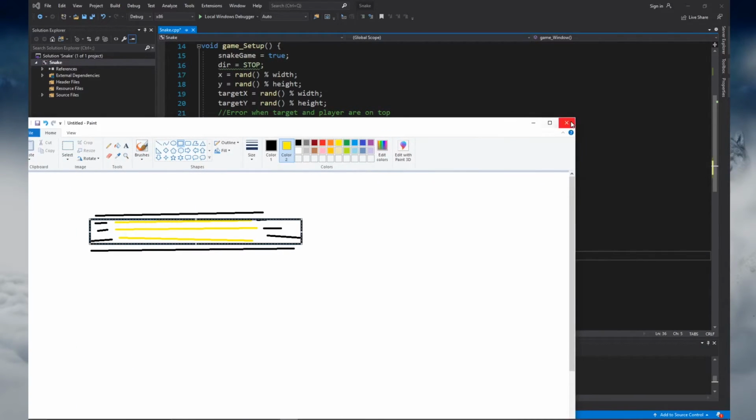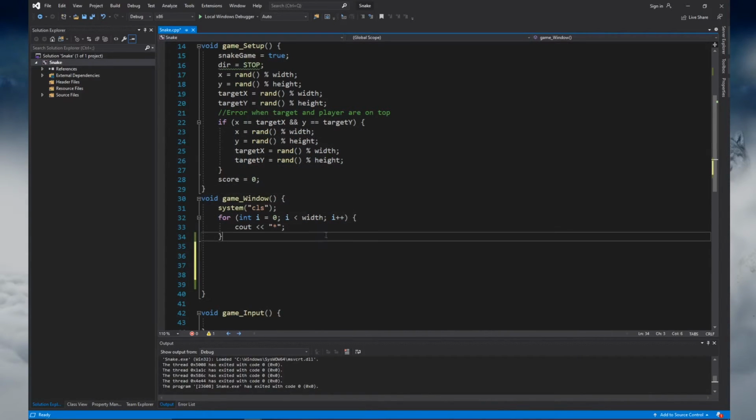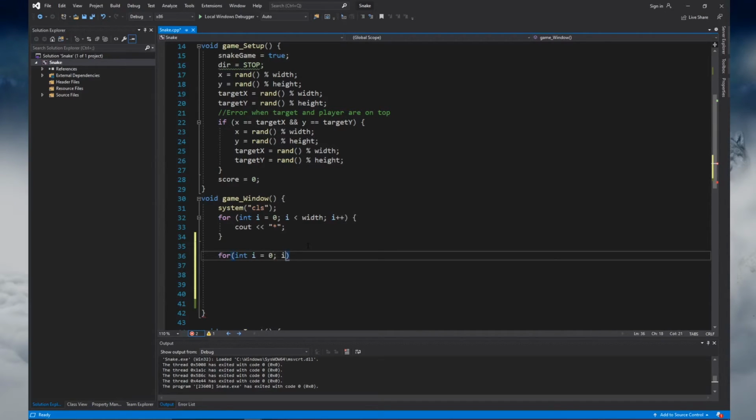To do that, we just need to create another for loop. So for integer, let's go I again, I equals 0, and this time we will do the width. So as the width is lower, we're going to increase I plus plus. All right, now while the width is still low, we are